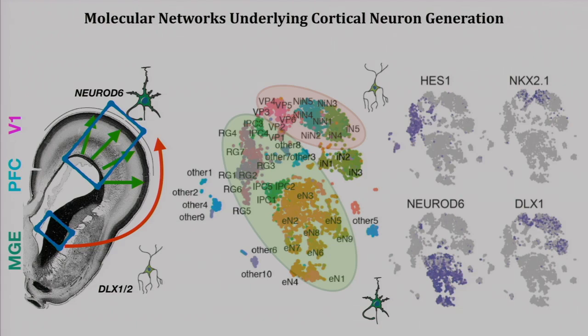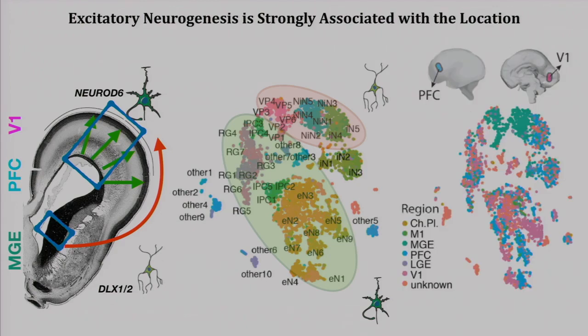Now, when we overlay the anatomical area information, things start to seem very interesting, especially when you look at the comparison between cells that were sampled from the prefrontal cortex versus the visual cortex. When you look at the different populations, you quickly appreciate that the radial glia cells, interneurons, and newborn excitatory neurons tend to intermingle, such that these transcriptomic states are conserved across areas.